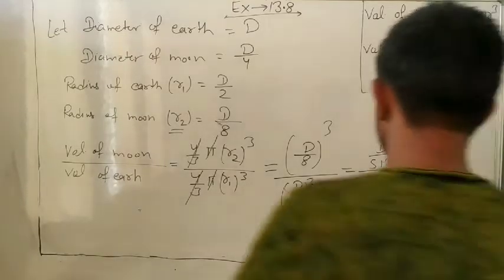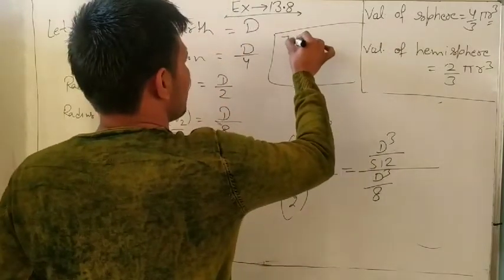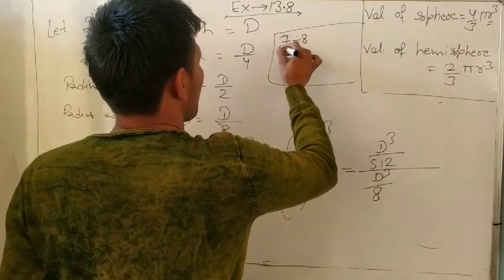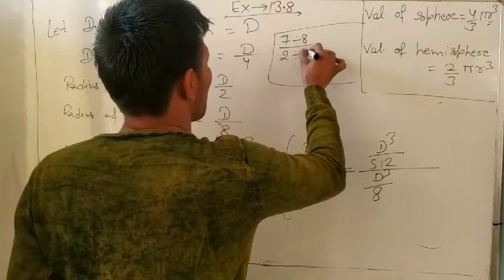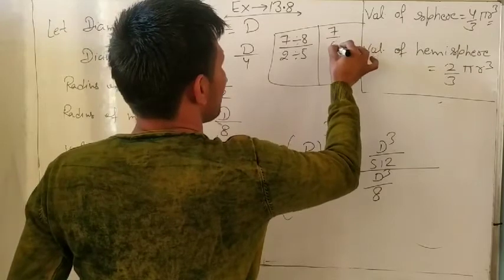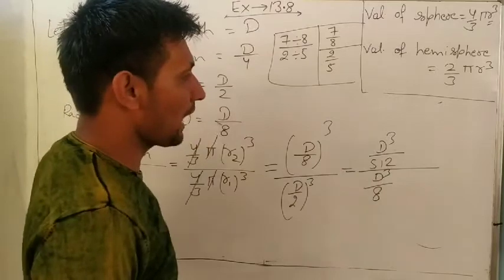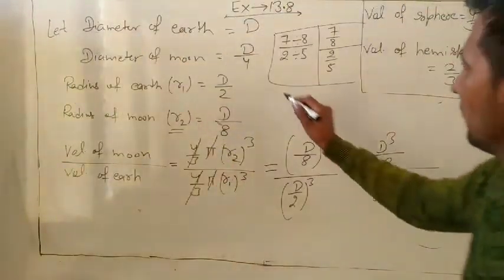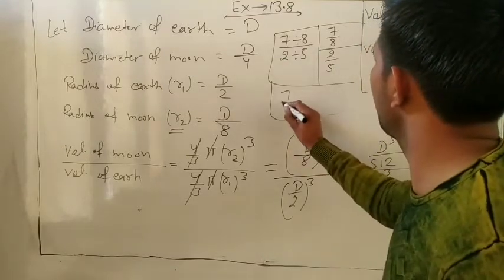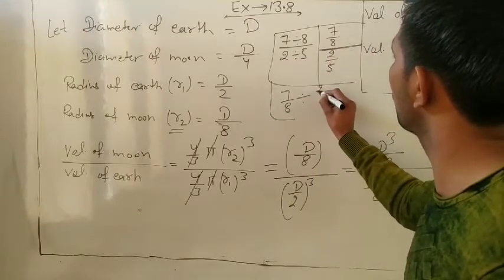Why? Look, everyone knows, in 7th class we already learned, suppose 7 divide by 8 and divide 2 divide 5. How will we write it? It means the same as it is. It is 7 divide by 8 and a big divide sign, then 2 upon 5. So what will we do? Always remember, in 7th class we already learned 7 upon 8 and it is a big divide, so divide 2 upon 5.